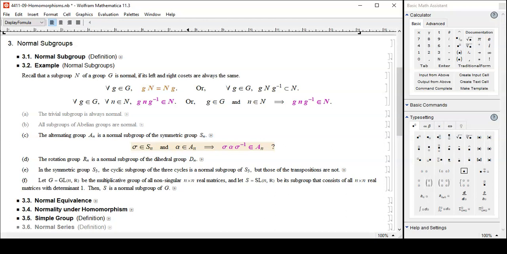That's the question, isn't it? So we have to consider conjugation. How do you test whether this thing belongs to A_n or not? The number of transpositions required for this, and the number of transpositions required for that, and the number required for that, you have to add them all up, right? So this expression here,